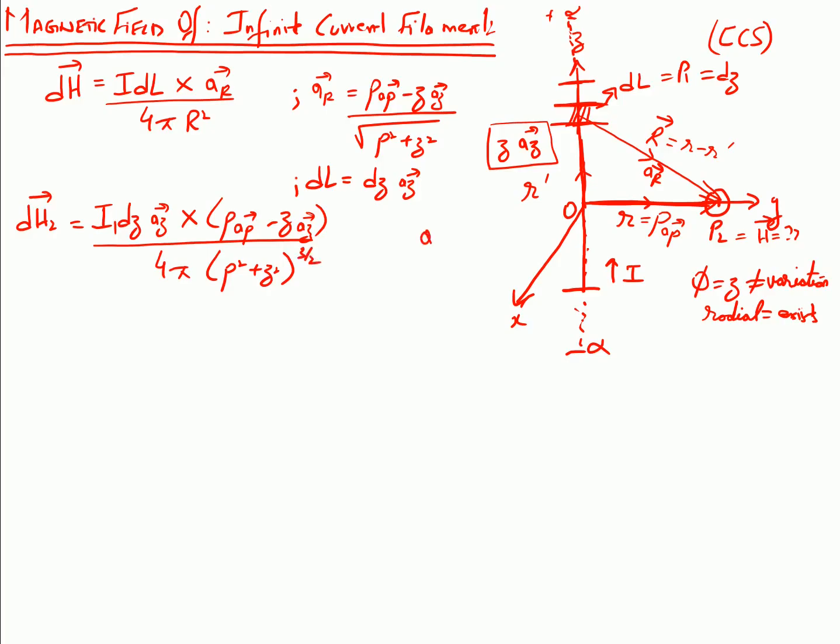Again, why can we do this? Because we know that the unit vector's definition is r divided by r absolute, and this comes out to be square. Sorry, this is a single value. It gets multiplied with this square, so you can change the power to 3 by 2. So this is basically the small amount of current, let's say equation 1, that is existing for an infinitely long conductor. It is existing outside this infinitely long conductor. So we want to know what is the total magnetic field, which means we need to integrate this. So for the total magnetic field,